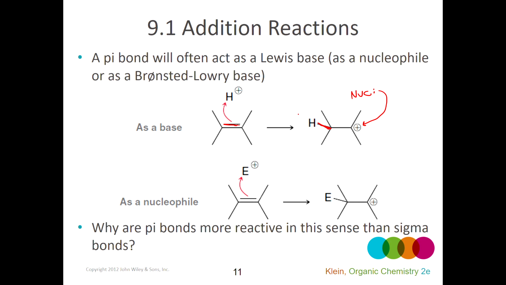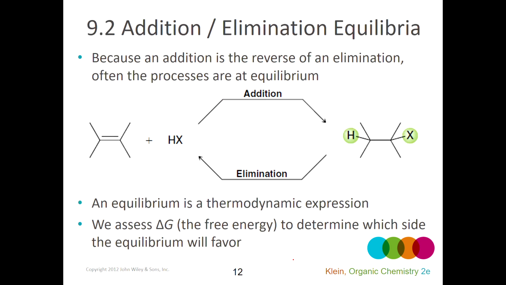It doesn't have to be a proton. It could be an electrophile. It could be some other positively charged atom that can attract those pi electrons in there and form a sigma bond. As we said, the sigma bonds are more stable than the pi bond. So we understand pi bonds are a little reactive due to the fact that they're not strongly attracted to the nuclei they're already surrounding, and that gives them the potential to be a little bit more stable if they form a sigma bond. All right, so this is giving us an idea of what's going to happen